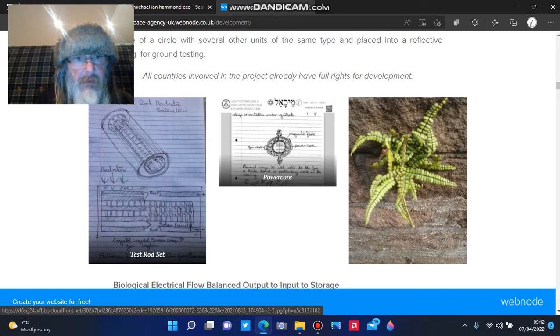Now, the device itself doesn't power down and it doesn't switch off. It basically keeps up and running and building energy to a massive power storage of a power unit in physical life of physical